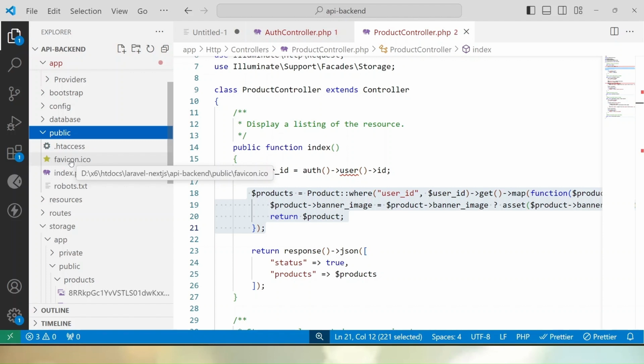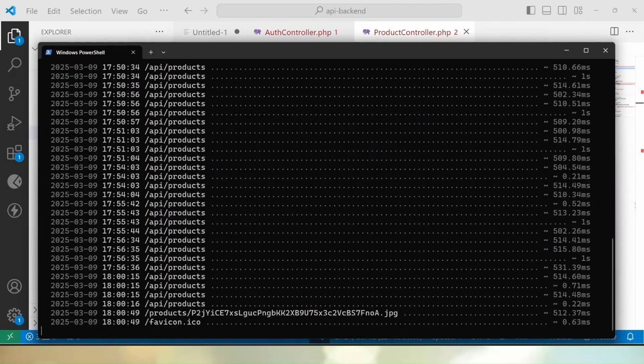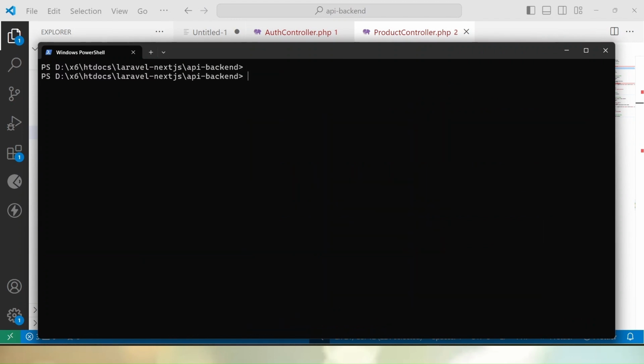So by using that command, simply we will create a storage link to this public folder. Let's go back to our terminal, and here, let's stop the development server. So it will be php artisan storage:link. Hit enter,